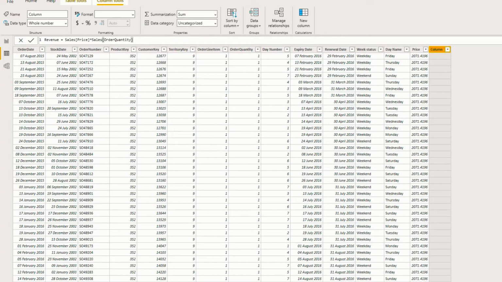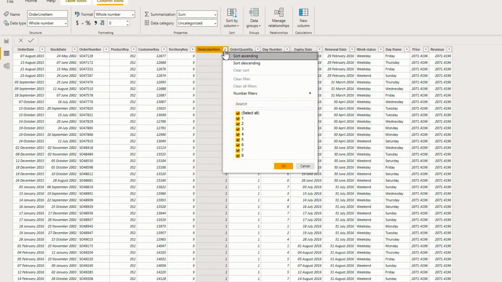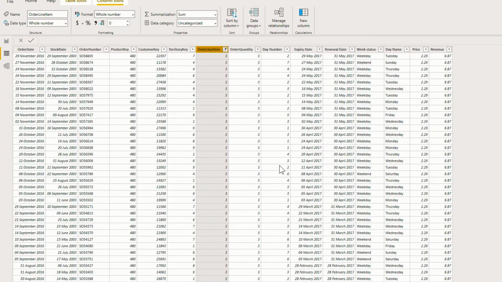Now hit enter. So we have now calculated the revenue as well. Since all that we are seeing here is 1, I'll just filter and take 3 and do a random check. So you can see order quantity is 3, price is 2.29 and revenue is 6.87.